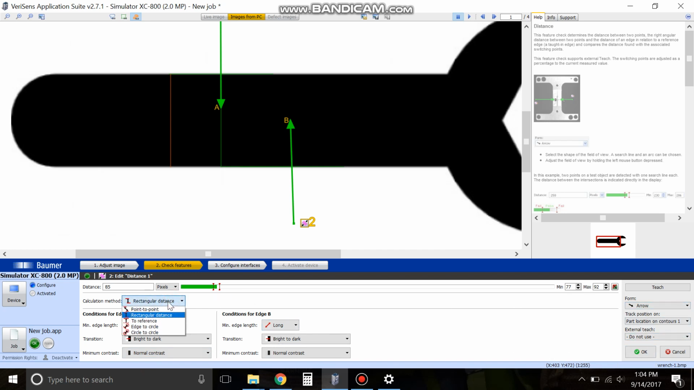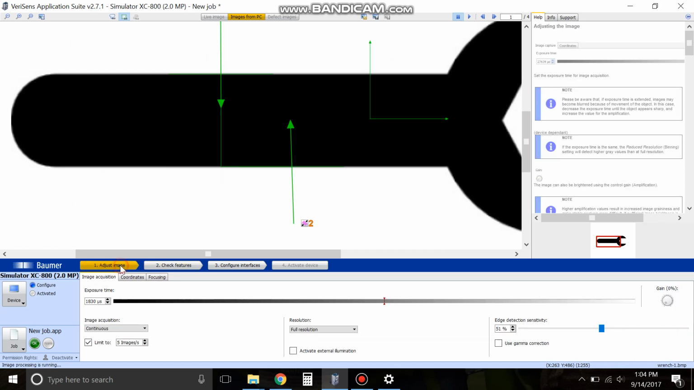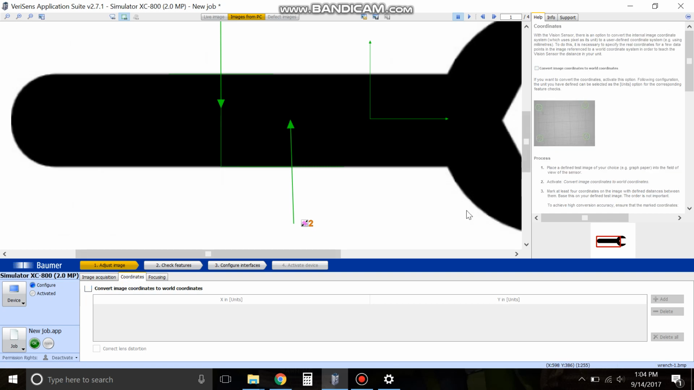Like I said, there's different calculation methods. One more thing. Right now you can change it to pixels or percent, percent being off of your trained, taught image. So right now it's 100%. If it was a little bigger, it'd be maybe 101 or 102%, or smaller, like 99% of your original taught image. If you were to go back into the adjust image, and I have a video on this, to go into the coordinates section, you can train